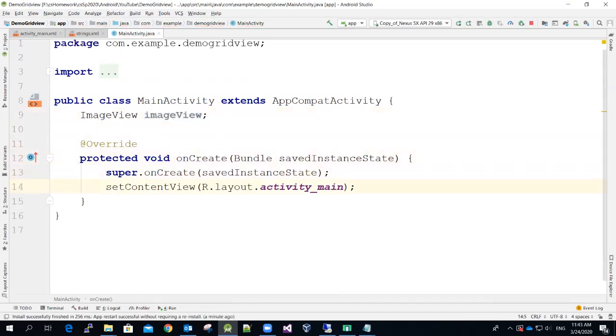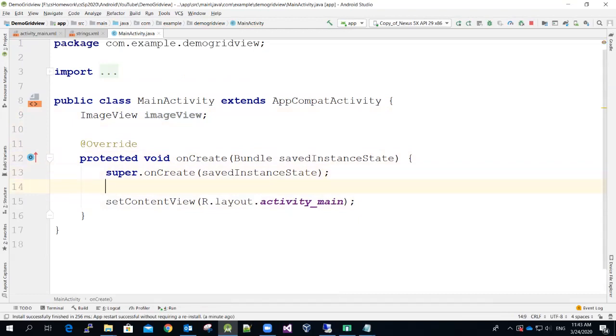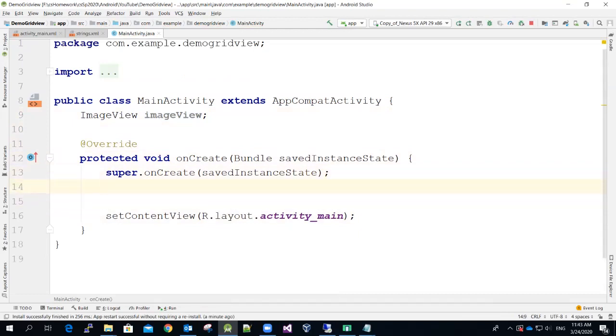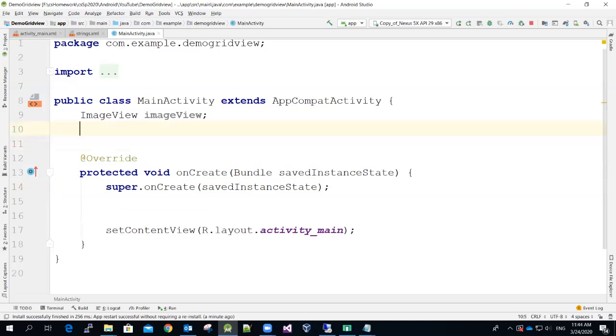Inside the onCreate method, then I have to set up the image array. Oh sorry, in the class member field, not inside the onCreate method. So over here, I'm going to declare an array to store the resource ID of all the photos. So it will be equal to